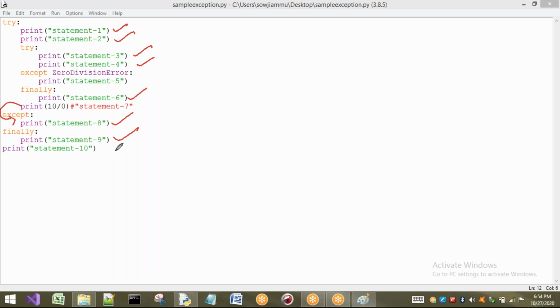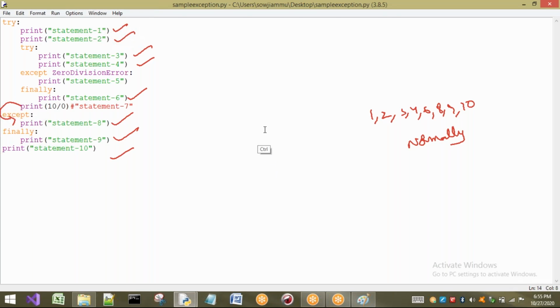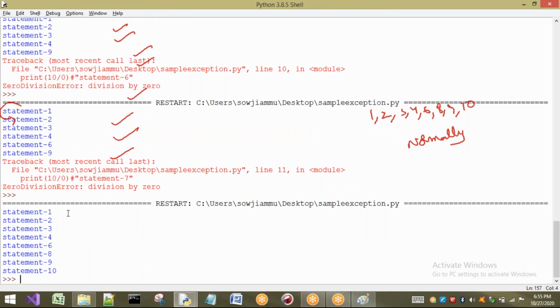It will be printed, and this is going to be printed. As the exception is handled here, what happens? The program is terminated normally. Okay, now observe. So what is the output of this program? 1, 2, 3, 4, 6, 8, 9, 10, and the program is terminated normally.